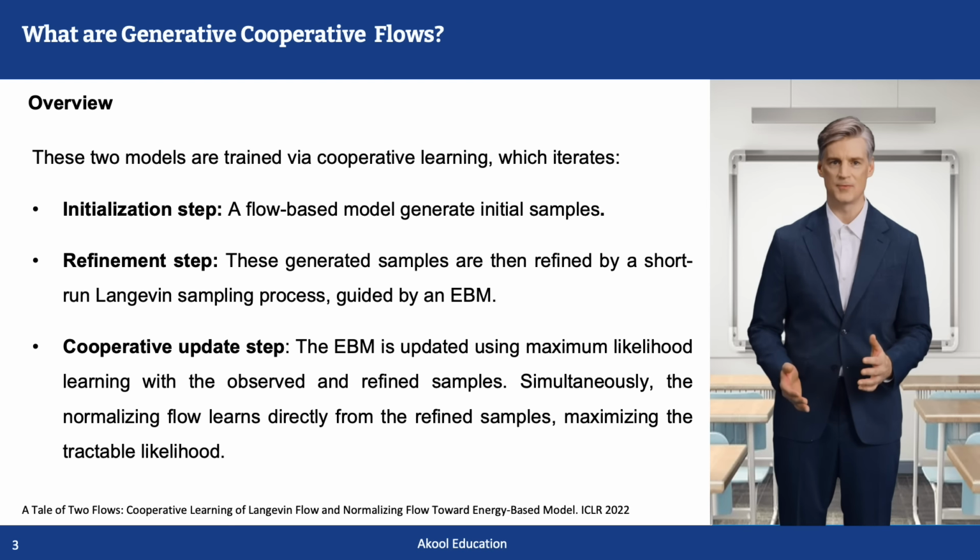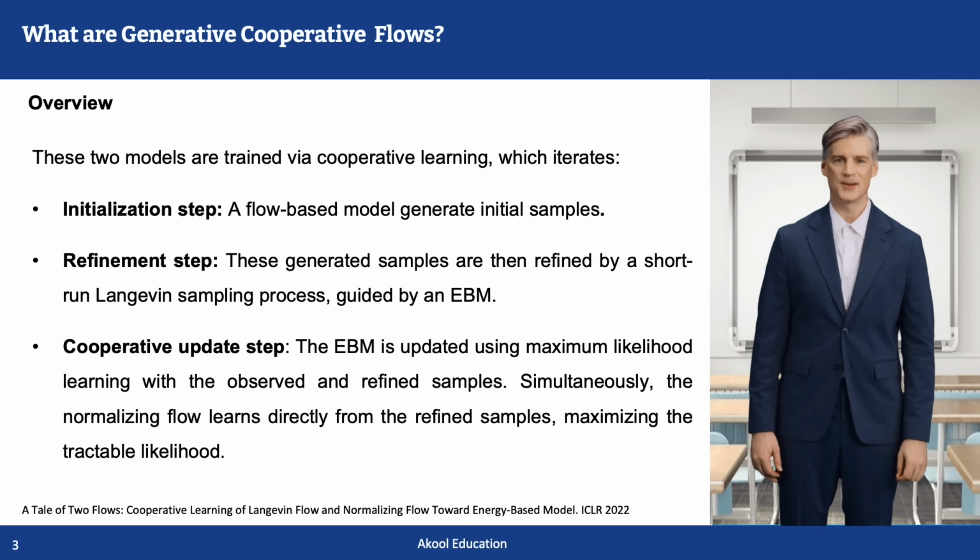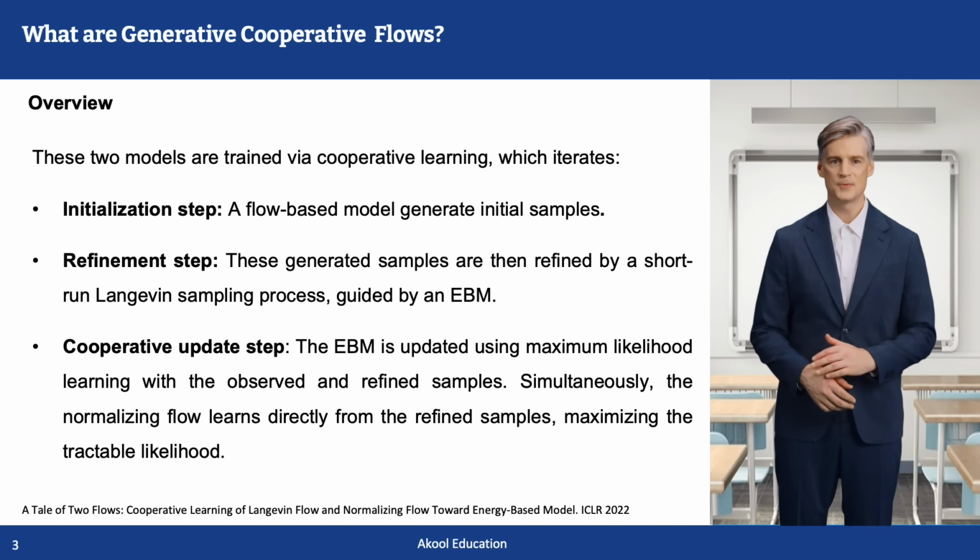These two models are trained via cooperative learning, which iterates three steps. First, the initialization step. The flow model generates initial samples. Second, the refinement step. These samples are improved through short-run Langevin dynamics guided by the energy-based model. Finally, the cooperative update step. The energy-based model is trained by maximum likelihood on the observed and refined samples, while the flow model learns directly